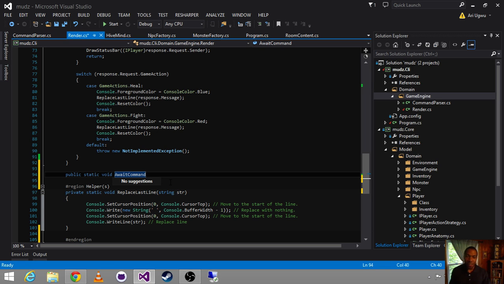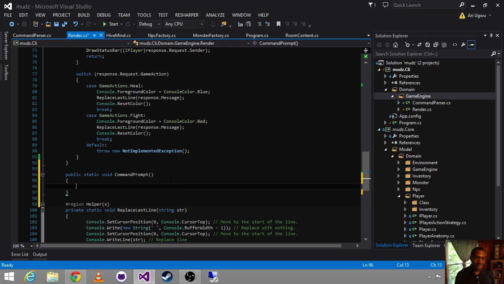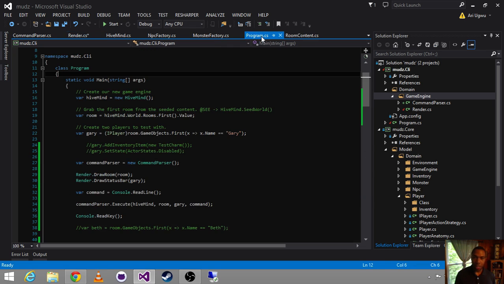So if I say await command, it's going to start communicating something different than what I intend to people who read my code. So I'm just going to say command prompt. But I'm not going to take anything in. So what's going to make this recursive is I come over to program,